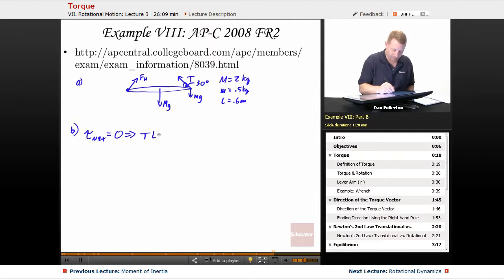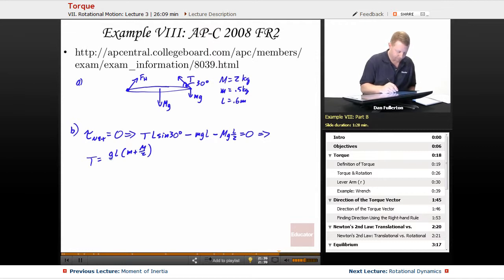We've got TL sine 30. We're going to assume it pivots around here. So that length is L, minus, we'll have little mg L, negative because it's causing a clockwise torque, minus capital mg L over 2, the mass of our bar causing a torque, its force. All that has to equal 0. Therefore, our tension must equal, we'll have g capital L over